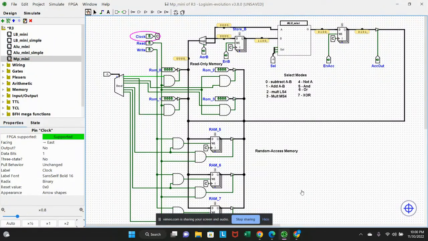All right, so here we have our microprocessor mini. We have our clock input, our read input, our write input, our decoder, our AND gates, our ROM, which is our read-only memory, and then our random access memory, which is our RAM right here. We have our ALU Mini right here, and then we have our registers, of course, our accumulators in this case, and then we have our demux right here. But okay, so I'm going to show you how to